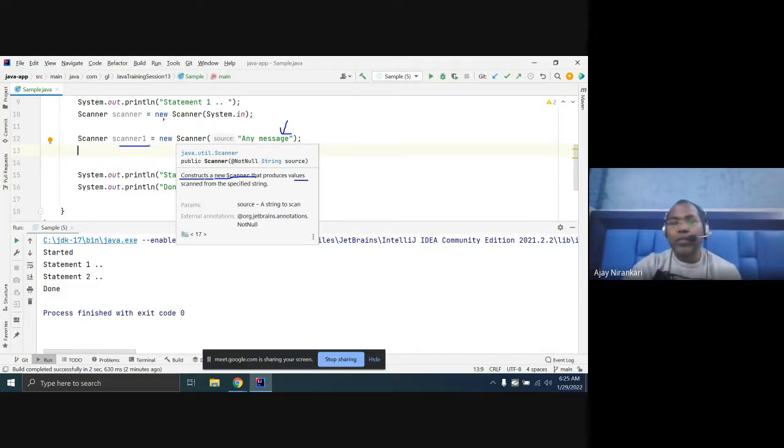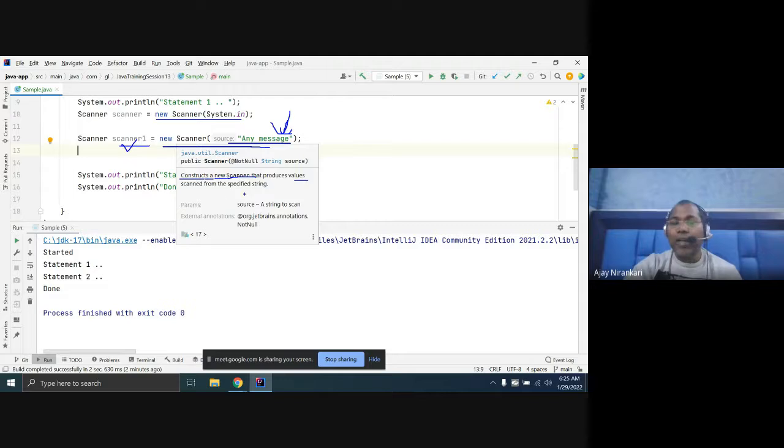What is the difference between this and that? Here you are telling the scanner to please take input only from what I pass here. So whatever message you have given here, only those messages can the scanner get.